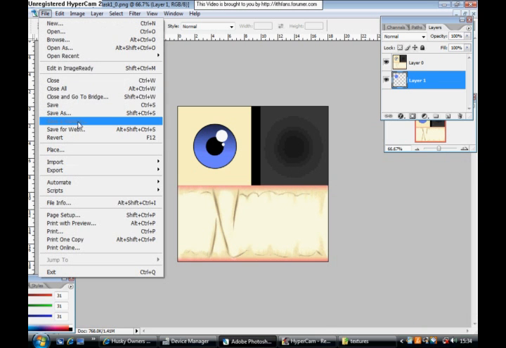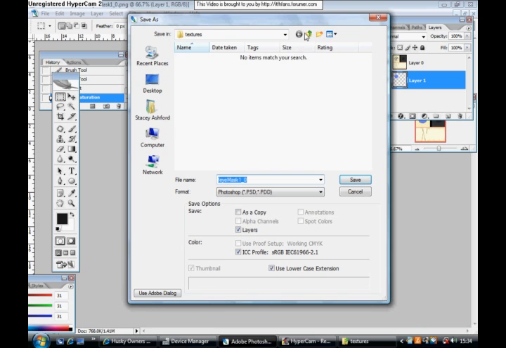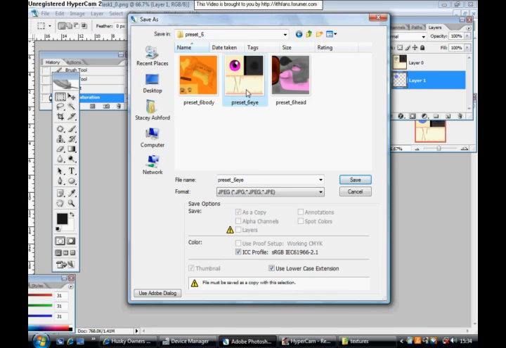And then this time, save your file again, but instead of saving it exactly as preset underscore 6i, I'm going to put preset 6 RI, because I want the right eye to be blue. So click save,